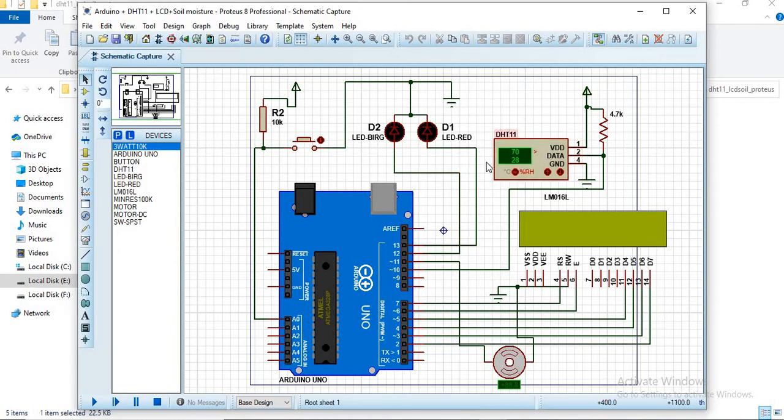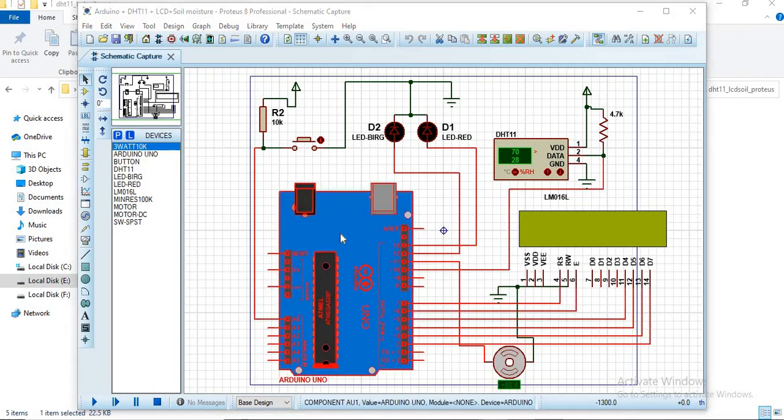Whenever an abnormal condition occurs from the sensor, this red light will be on. In normal conditions, the green light will be on. And coming to this, when you press the switch, the conductivity from this pin to this pin is going to be 0, nothing but the water presence, and then the motor will be off. When it's open, there is no water and the motor will be on.